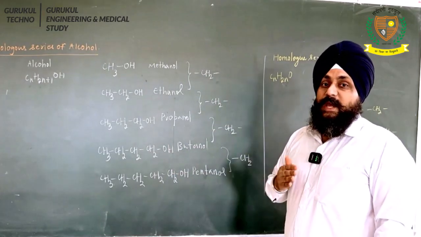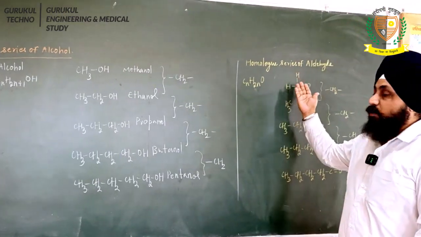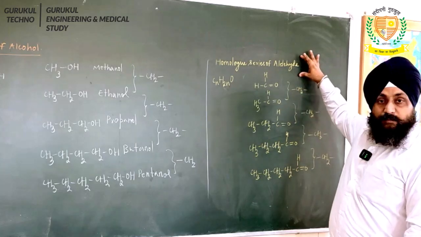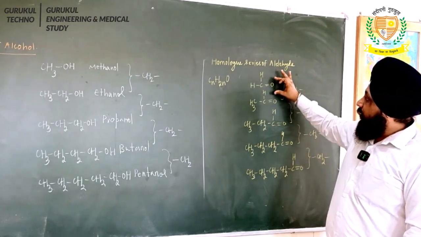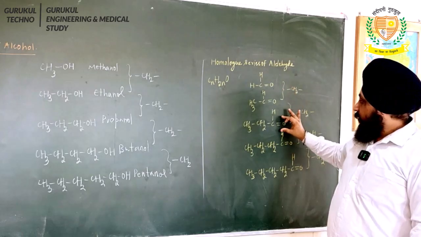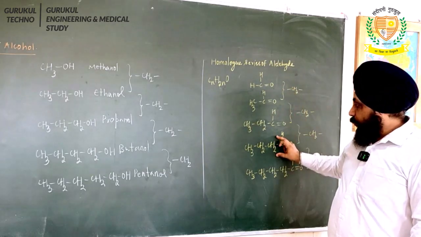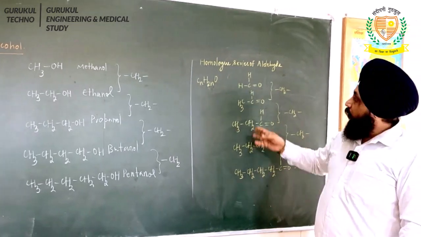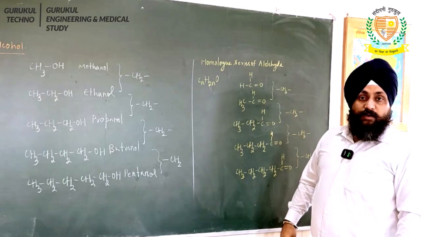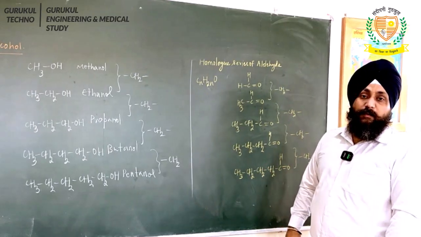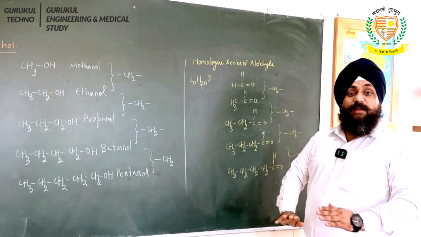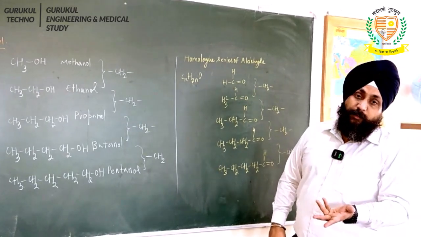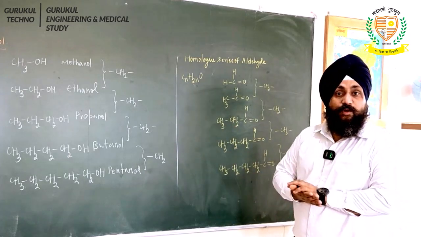Likewise students, we have homologous series of aldehyde. These all compound, they belong to aldehyde family. This is formaldehyde, this is acetaldehyde, this is propanaldehyde, this is butyraldehyde, and this one is going to be valeraldehyde. They all belong to aldehyde family. Okay, they all have same general molecular formula, same functional group, similar chemical property, but they are differing from adjacent member by bond CH2 bond group, and their physical properties will be also different.